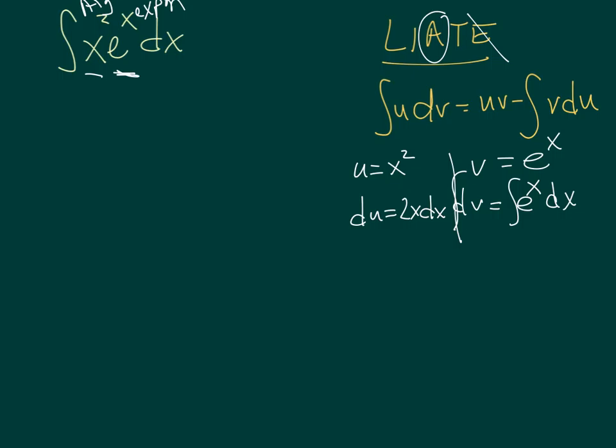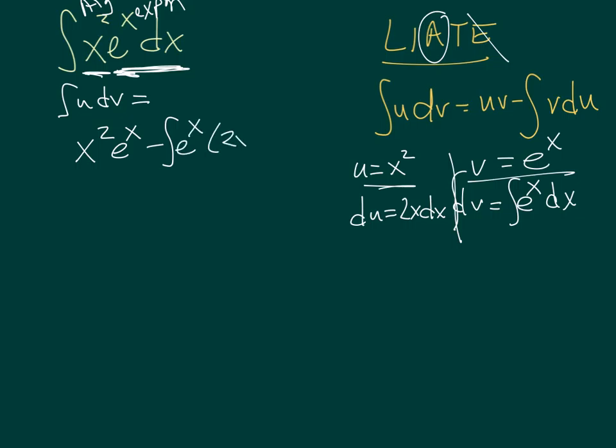And then we're going to plug in our formula. So our integral right here, we have the integral of u dv. This whole thing is dv, and that's u. It should equal u, x squared, times v, that's e to the x, minus the integral of v, that's e to the x again,